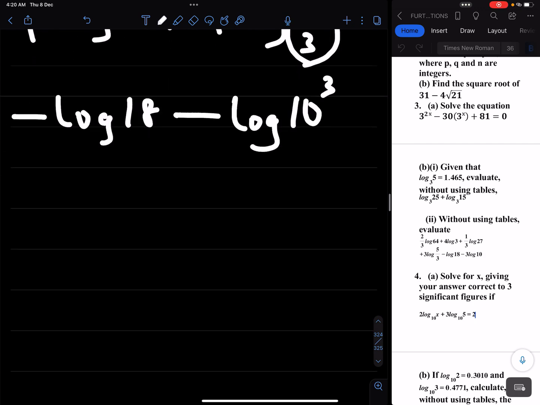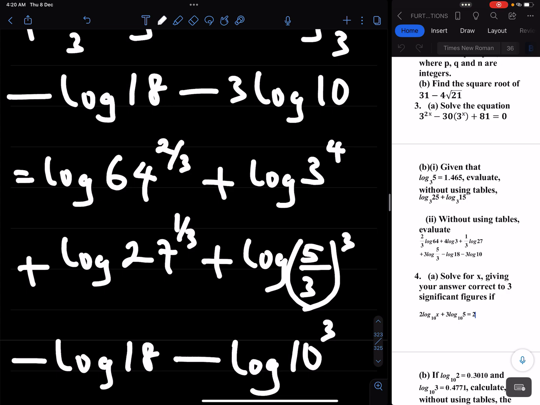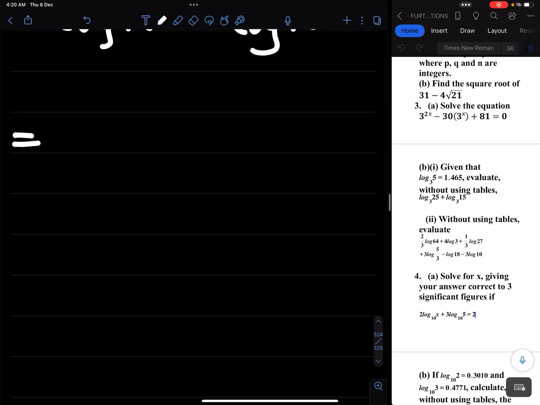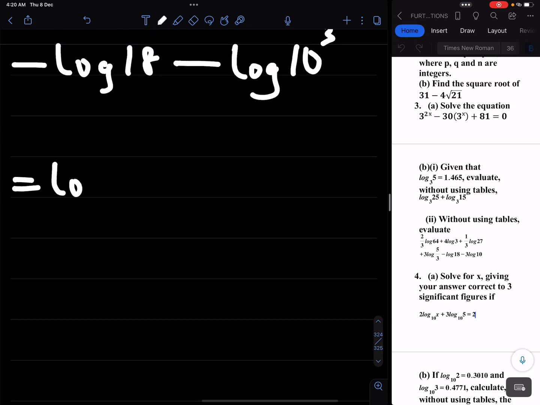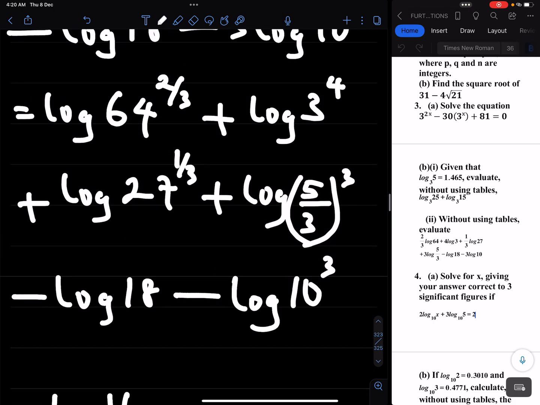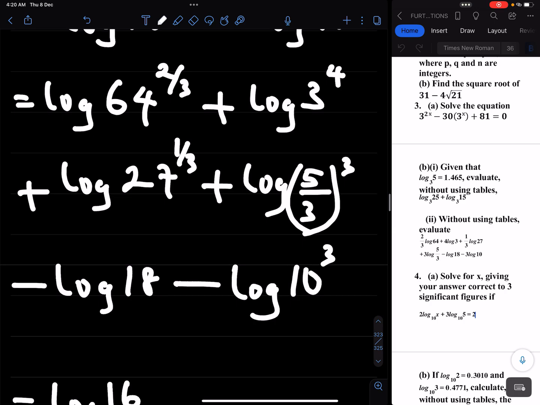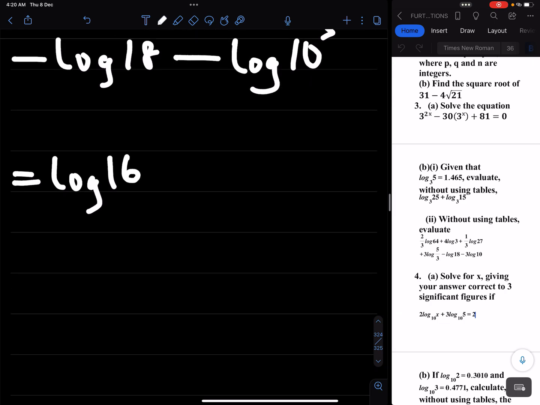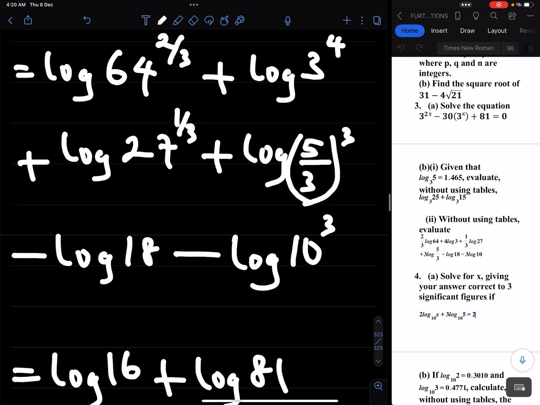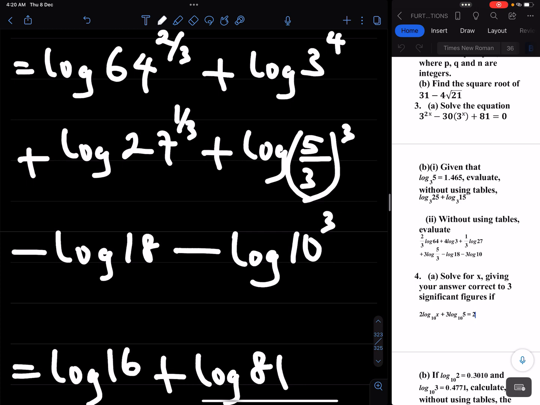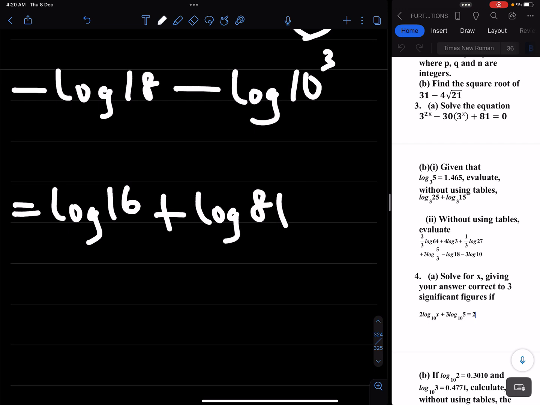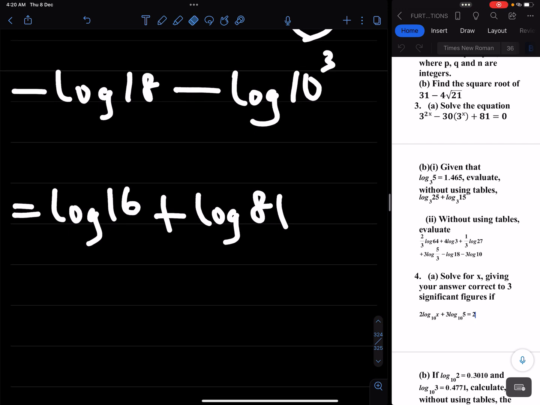And now the next line is 64 raised to power 2 over 3, which is the same as the cube root of 64 raised to power 2, which is 4 raised to power 2, and that's 16. So that will be log 16. 3 raised to power 4 is 81. So that's log 16 plus log 81. We're trying to do it step by step so that we don't get confused. Log 27 raised to power 1 over 3. 27 raised to power 1 over 3 is the cube root of 27, which is 3. So that's plus log 3